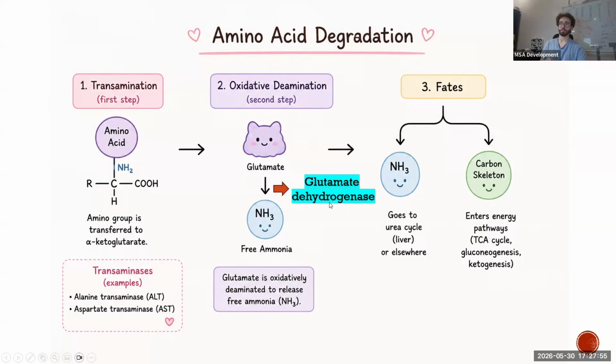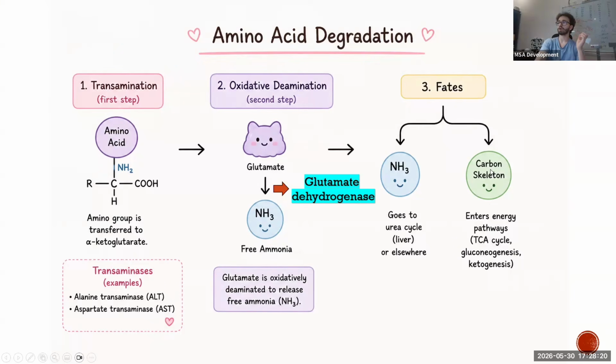I want you to remember this enzyme. Okay? What is the aftermath of what I talked about? The aftermath is simple. We have an amino acid. The amino group went with alpha ketoglutarate and gave us ammonia. Now, what about the remaining amino acid that had an amino group taken away from it? It will be called carbon skeleton, an alpha keto acid, and carbon skeleton.